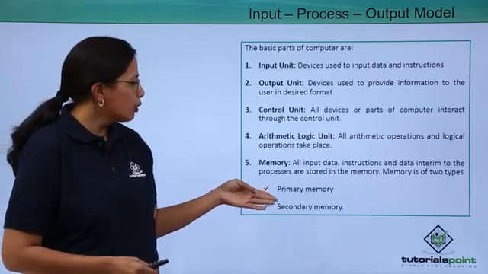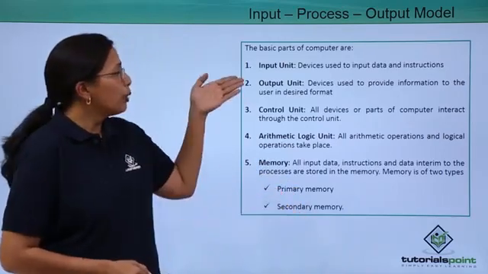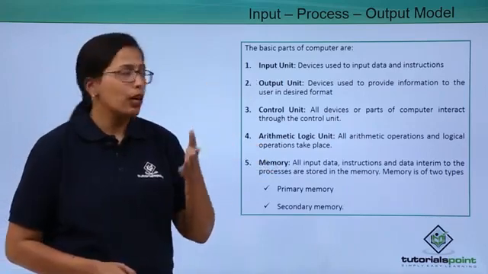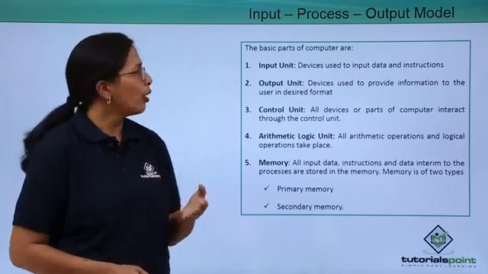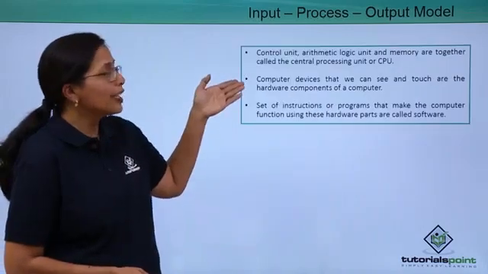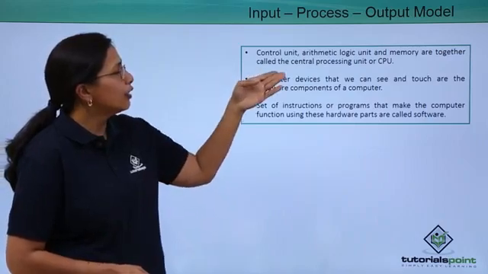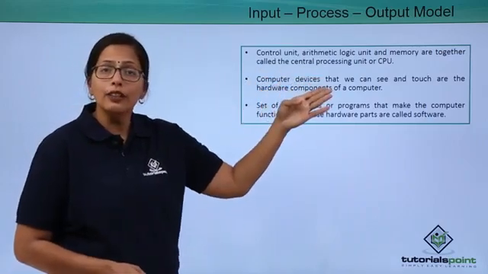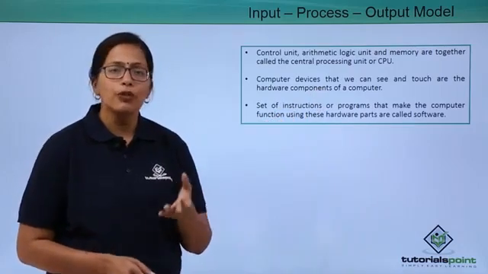The memory is of two types: primary memory and secondary memory. Input unit could be your keyboard or mouse. The output unit could be your printer or your monitor. These are some of the things that you should keep in mind about a computer. The control unit, the arithmetic logic unit, and the memory unit are together called the CPU or the central processing